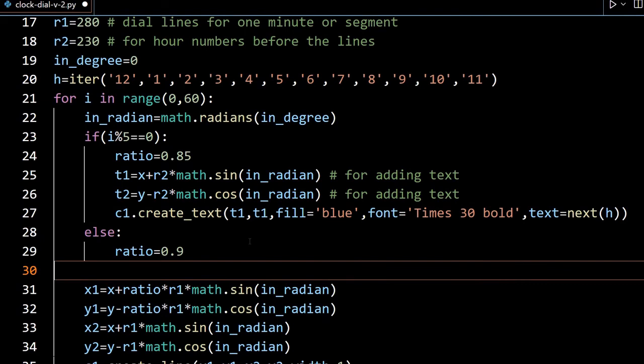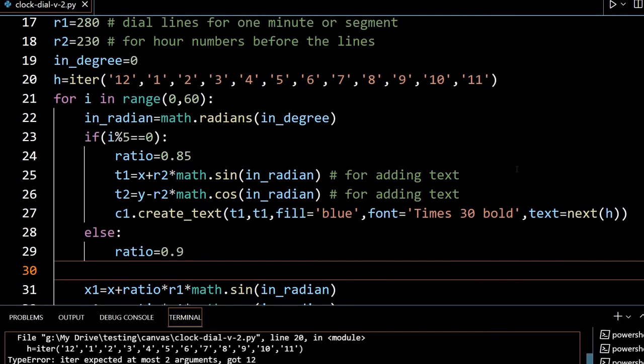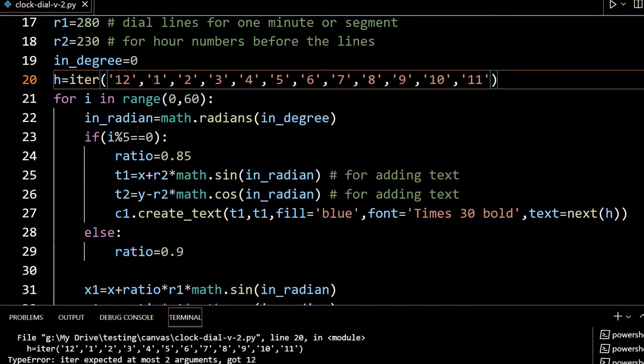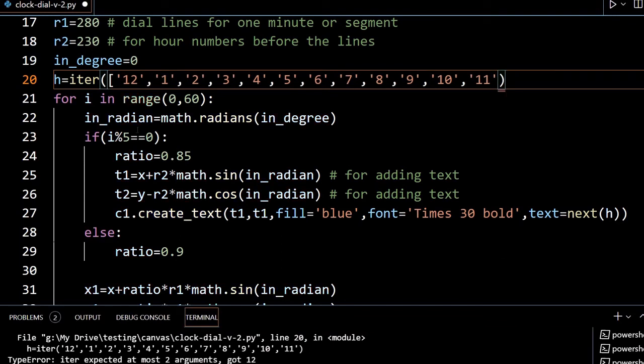Now everything is set. Let's see how it works. Something expected most 2 got 12. Okay, what is the 1, 2, 3, 4, 5, 6, 7, 8, 9, 10, 11? Sorry, here I have to mention, it's a list I am mentioning here.